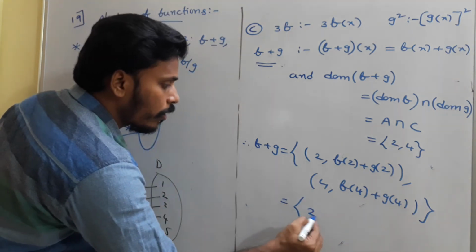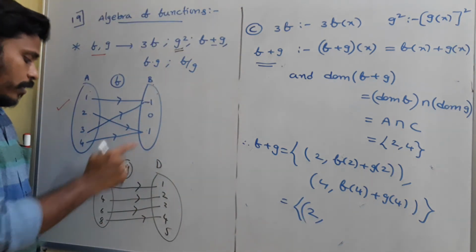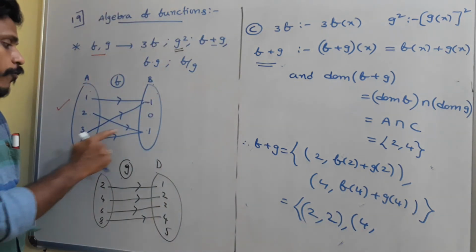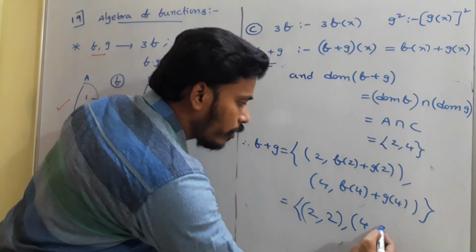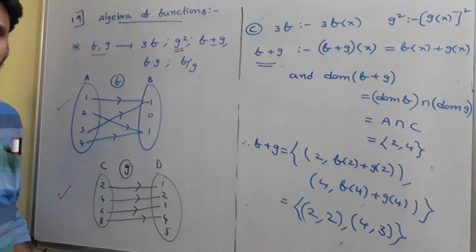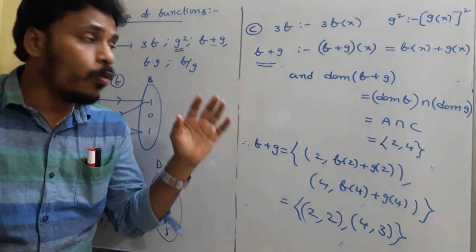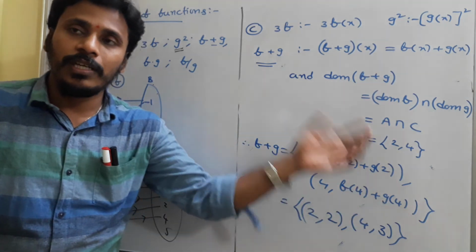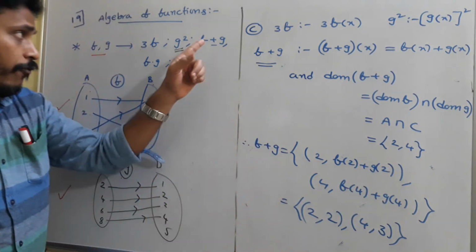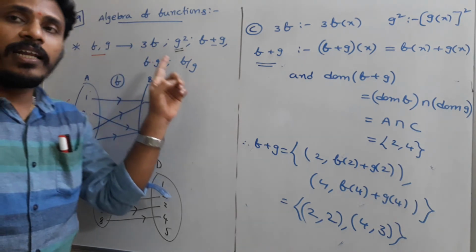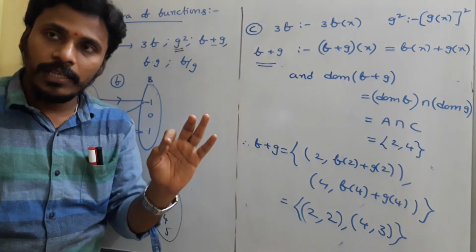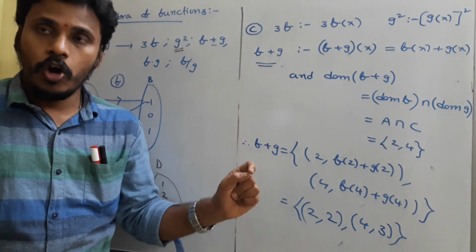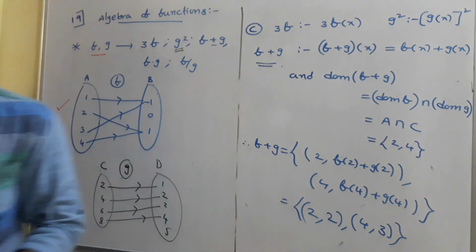And this is equal to 2, f of 2 is 1, g of 2 is also 1, 1 plus 1 is 2, and then 4, f of 4 is 1, g of 4 is 2, so 3. So we just have these two ordered pairs in f plus g. Since f plus g is acceptable only for the values of x which are common to both the domain of f and the domain of g, the same thing holds for f minus g, f into g, and f by g. For all these, the domain is simply the intersection of domain of f and domain of g. Okay? Is it clear? Just have a look.